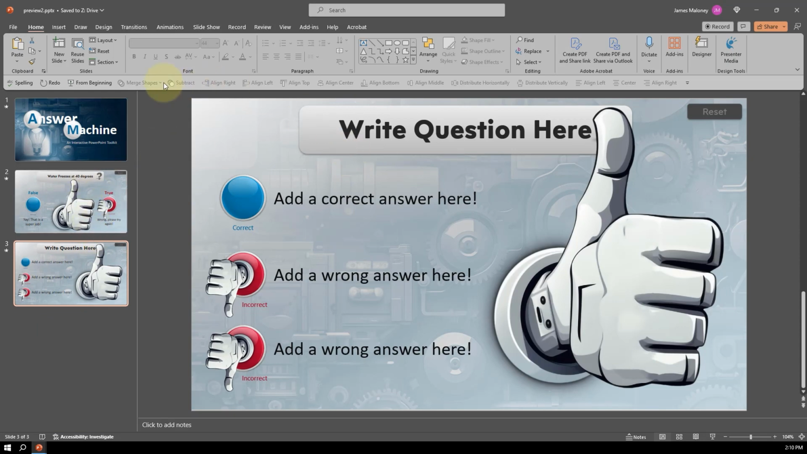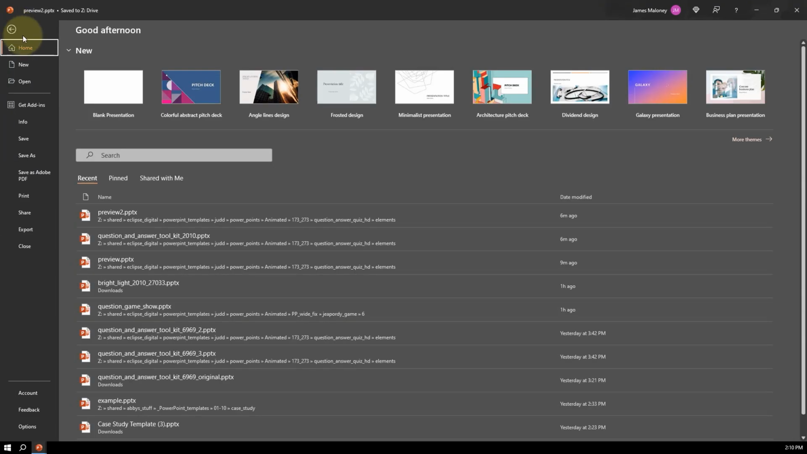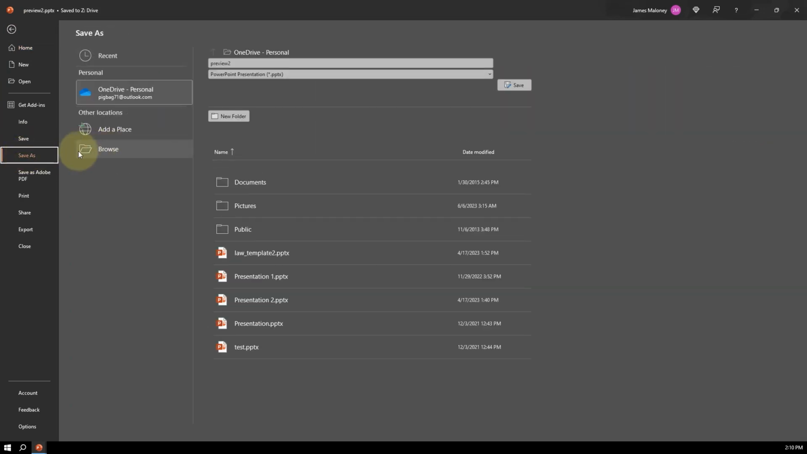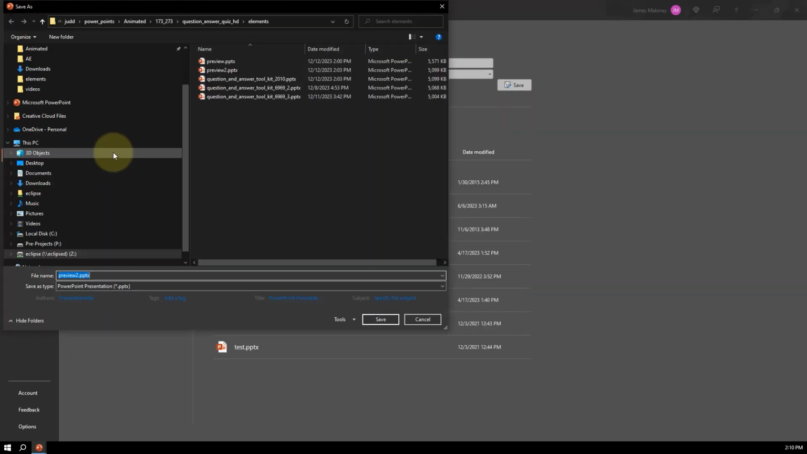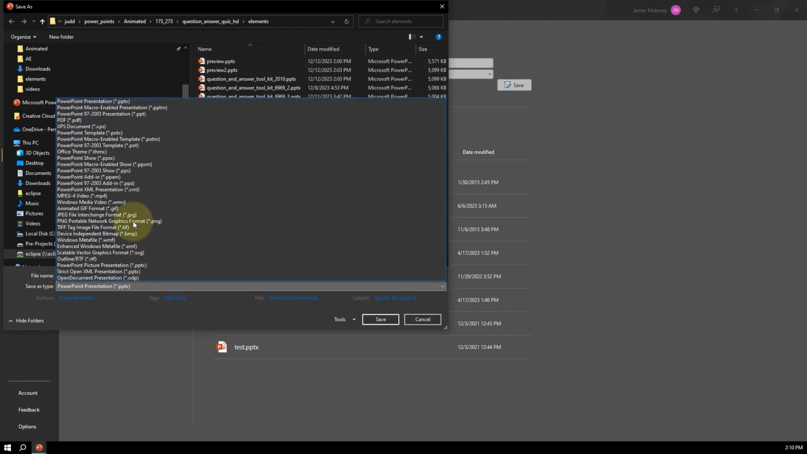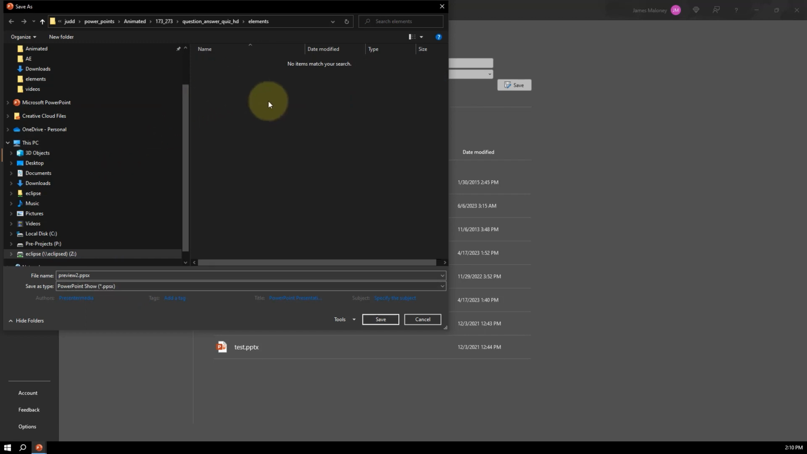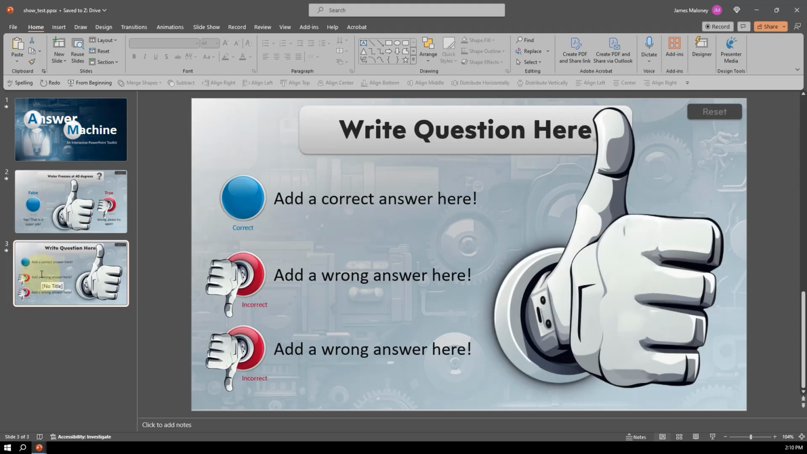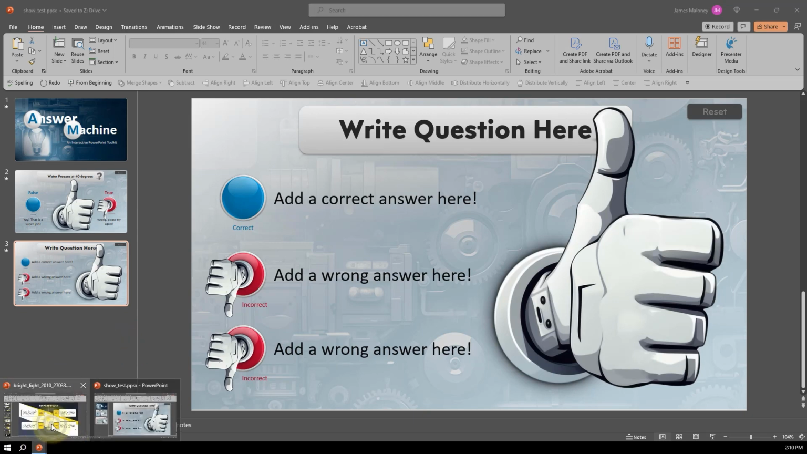And then I would go up to File, go to Save As, click on Browse, click where it says Save As Type, and I want to save it as a PowerPoint show right here. I'm going to save this as just a show test. Save that out. So I saved that to a folder on my computer,